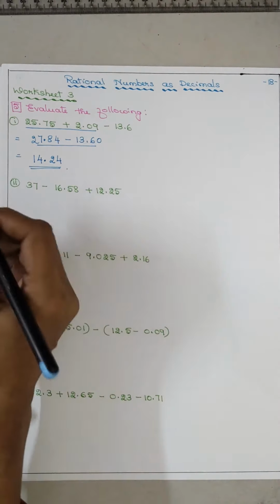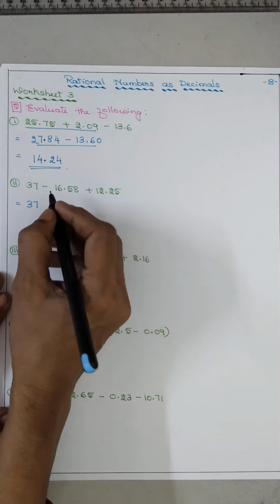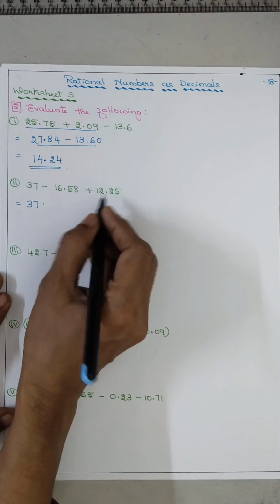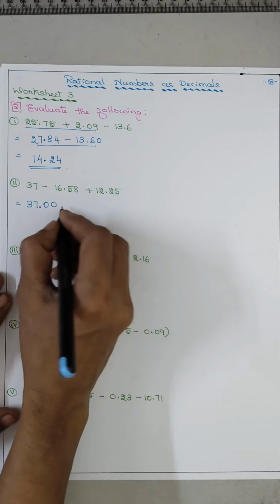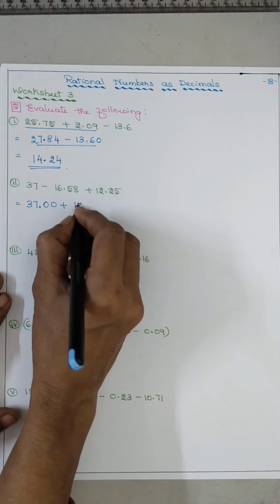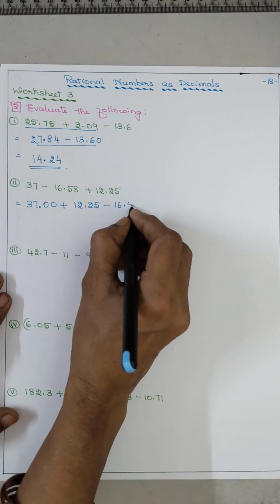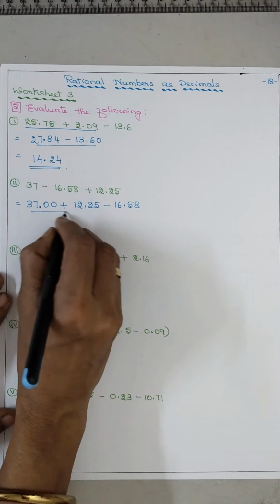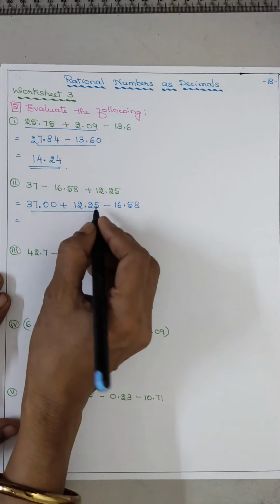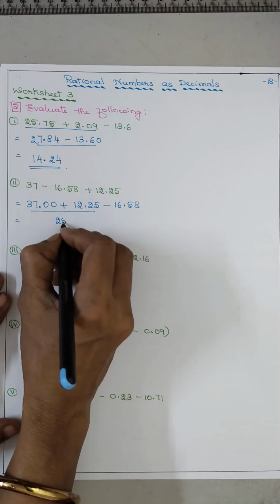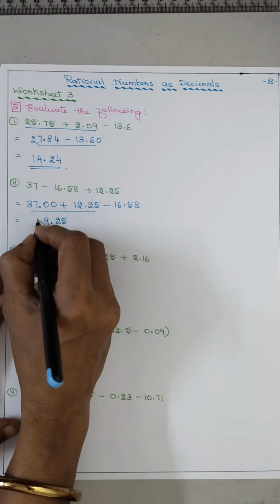Now it is 37 minus 16.58 plus 12.25. So first rearrange. 37 plus, you bring this side, but this is 2 decimal, so 37.00 plus 12.25 minus 16.58. We have to rearrange, then add. So it is 25, so 25, 7 plus 2, 9, 3 plus 1, 4,